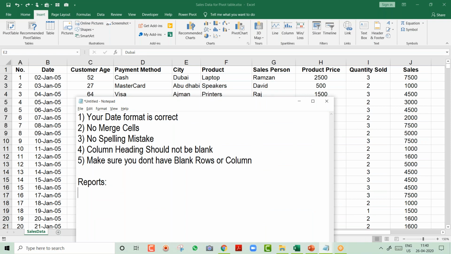Can I request everybody, what do you think, friends? What different reports can be created on this, like a summary report? You can put it in a chat message so that I can see, and then I will go ahead. Any report, whatever you think can be created on this data.